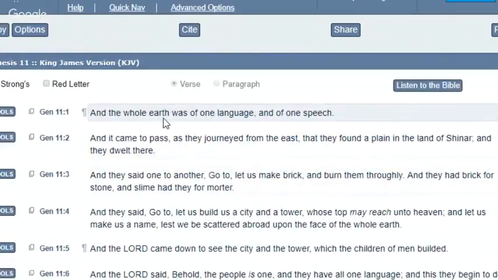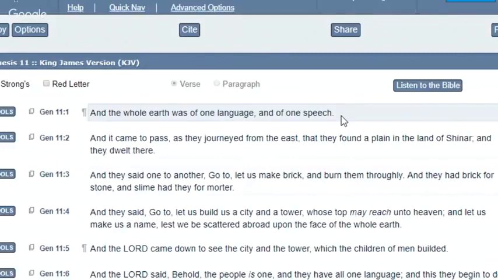verse, and the whole earth was of one language and of one speech, meaning everybody spoke that same language. So everybody before the flood spoke the same language. That's why they were able to understand each other, to be able to build this tower and be able to be in unison as one. Now, that was your first New World Order. Everybody was speaking the same language. Everybody understood everybody. Everybody had the same goal in mind, was to build this tower so that the flood wouldn't